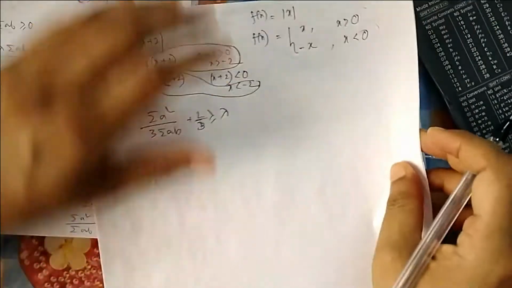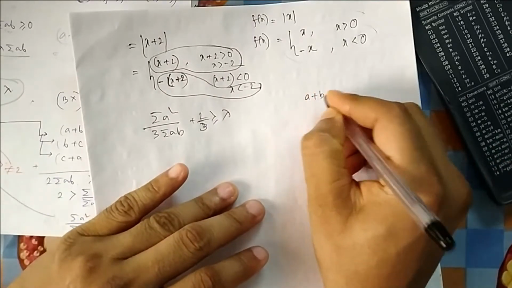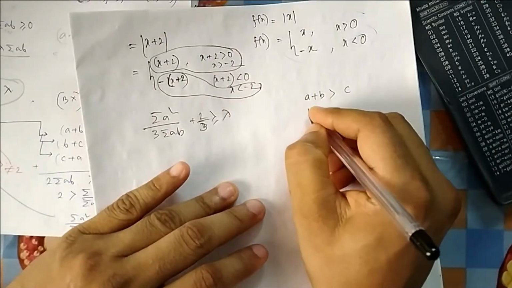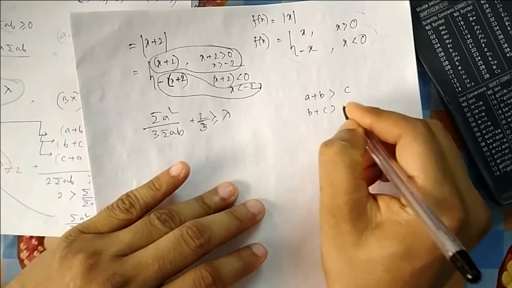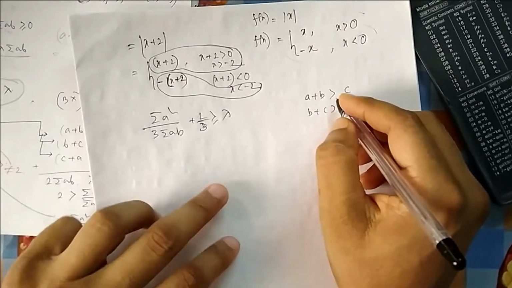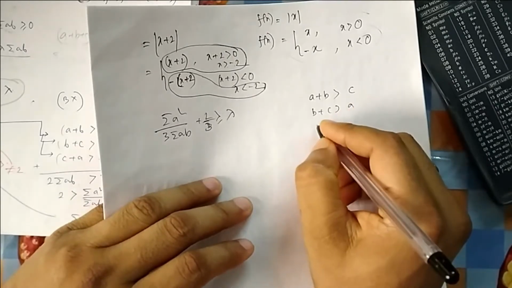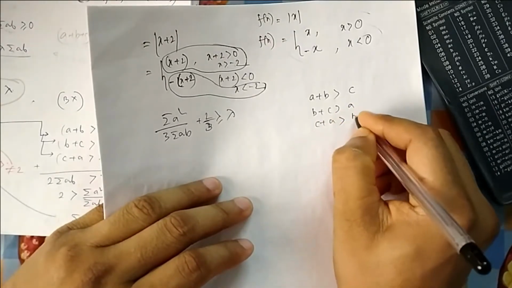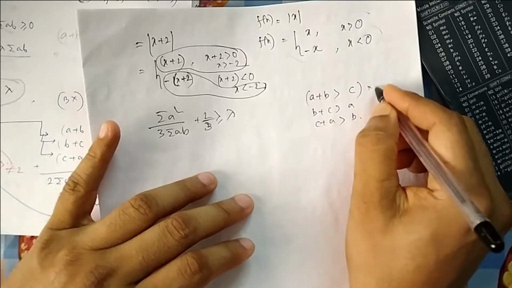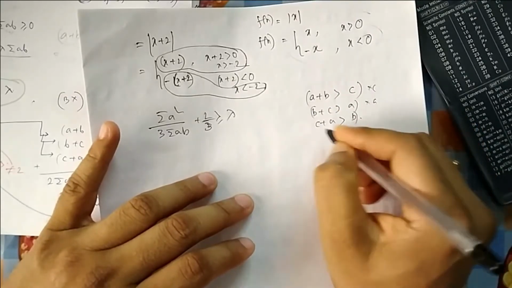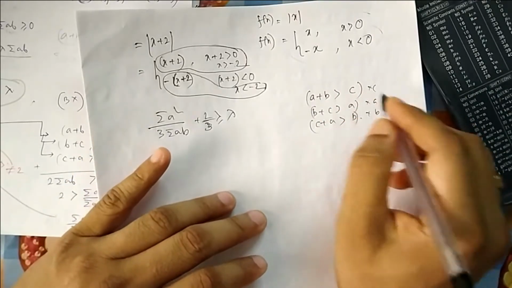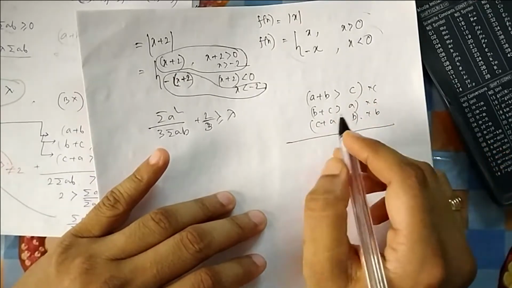Now a, b, c are the sides of a triangle. What can I do with the sides of a triangle? I can use the triangle inequality: the sum of two sides will be greater than the third one. So a plus b should be greater than c, not equal to, it should be greater than. If it is equal, then it is not a triangle. So the sum of two sides should be greater than the third. So if you multiply this one by c, this one by a, this expression by b, you can multiply it by a positive number, in Euclid. I have told you so many times.